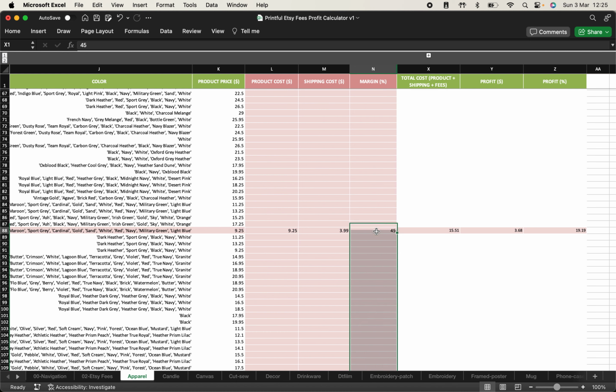So obviously the important point to note here is all of the product prices are in the spreadsheet already. You don't need to keep going back onto Printful to copy and paste the product prices, which I've done previously. It's incredibly painful and it takes a long time. So hopefully this will make you a lot more efficient when it comes to figuring out what type of pricing